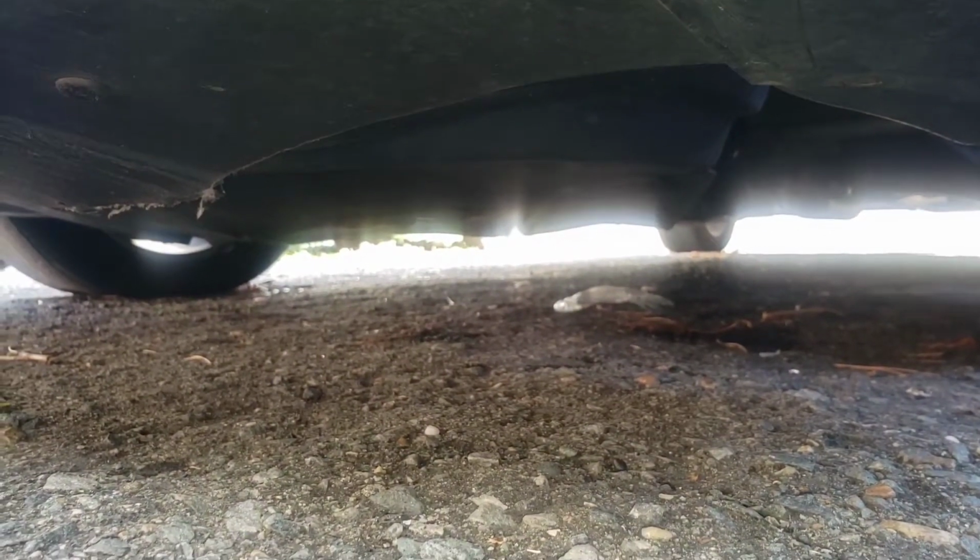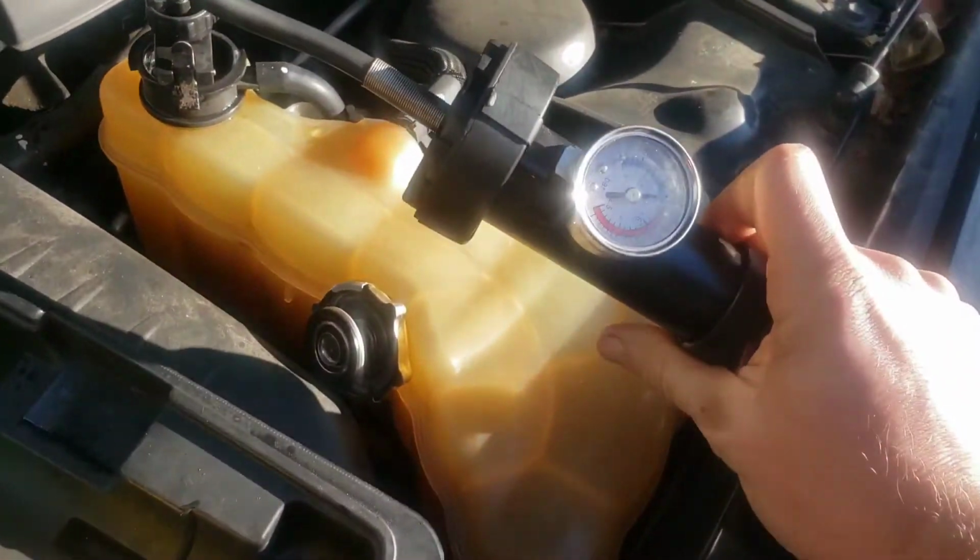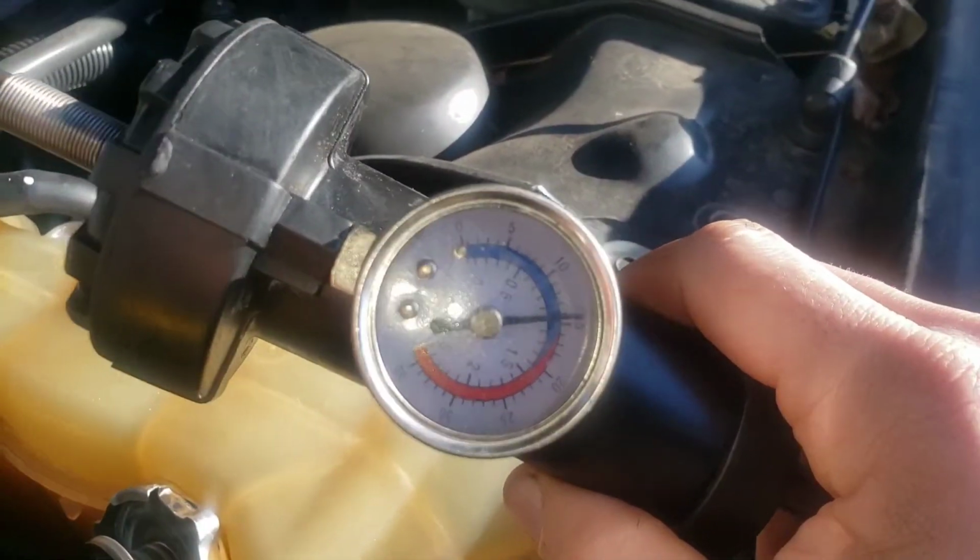There's a number of different things. Sometimes you have a head gasket issue, it could be leaking inside. Sometimes you have a head gasket issue and it puts a lot of pressure on the cooling system, and it'll go way over 15 pounds. If we look at my little tool, we can see I had pumped it up to about 17 pounds, and